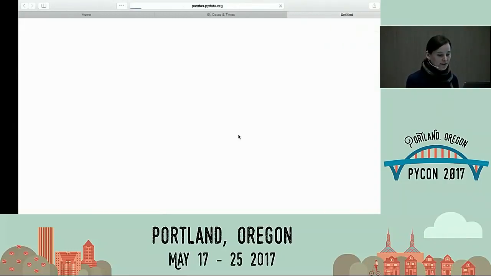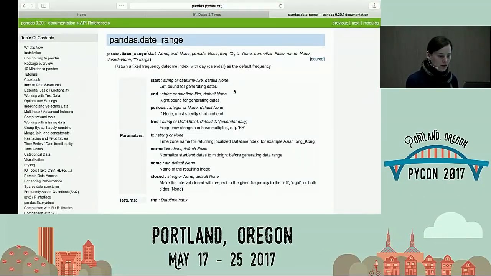Okay. So I don't know if we can all look at this at once, but I just want to make you aware of some of the parameters. So for a date range, you can specify some of these. You don't have to specify all of them. And if you want to know how many of them you need to specify, you just have to think about it logically. So would I specify a start, an end, number of periods, and frequency? No, why not? It would be overspecified.